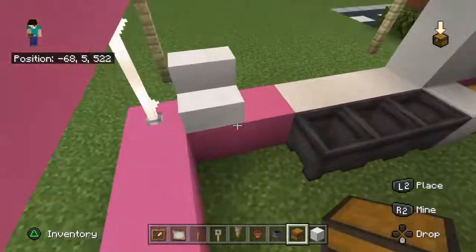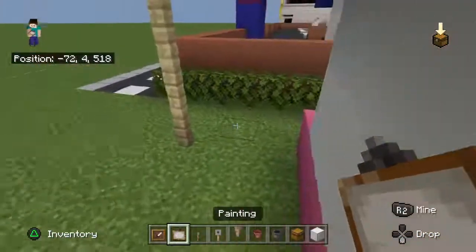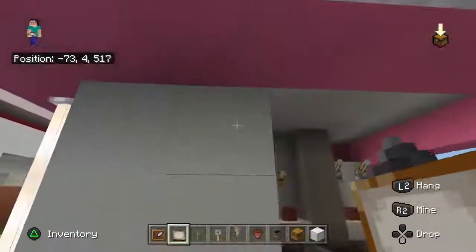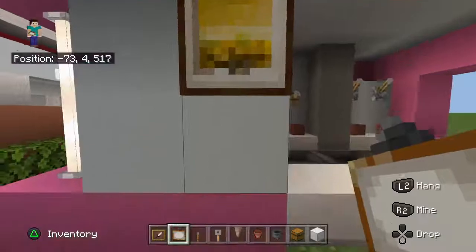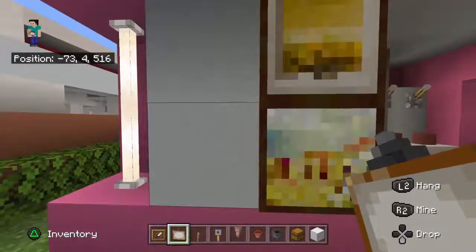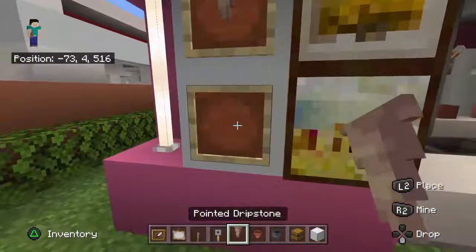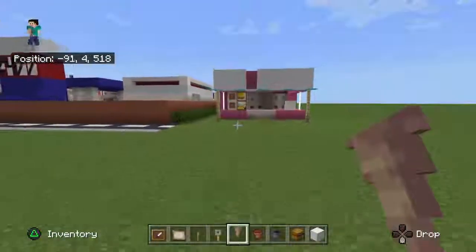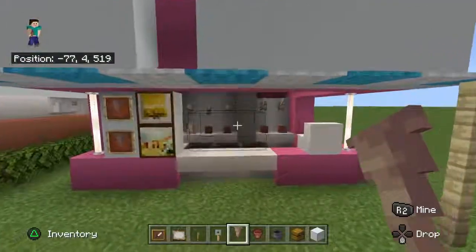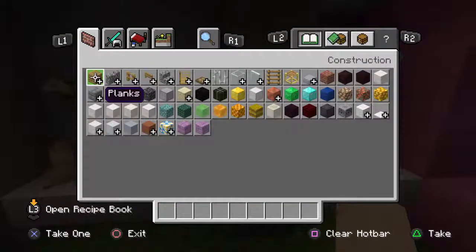I want to have, on the outside here, where we have the little 2x2 white concrete side, two nice looking paintings like this, and I'm just going to place item frames, and I'm going to put some dripstone in there. So they kind of look like cones, it just looks kind of cool, I like the effect of it. And then we are going to get rid of all of these for a sec, and we're going to grab trapdoors,